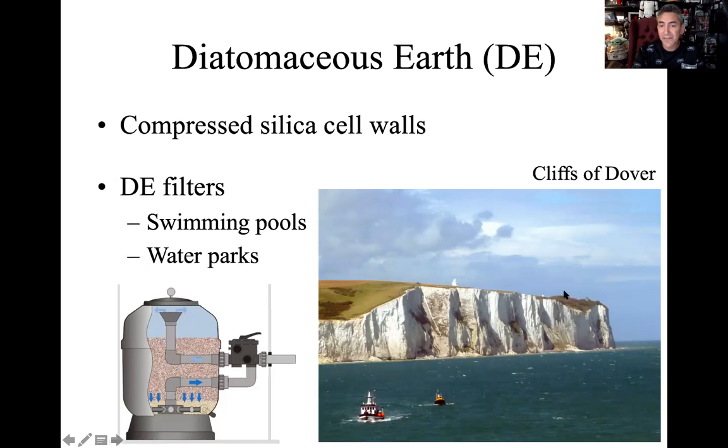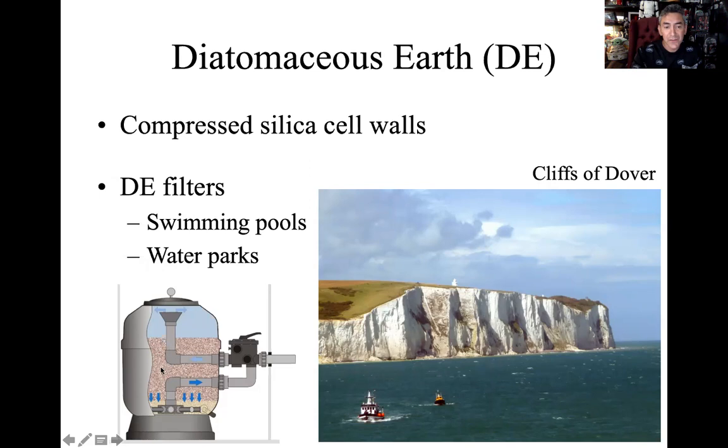Basically, we analyze this as a famous landmark in England, the Cliffs of Dover. It looks like white rock, but that is not rock. It's basically Diatomaceous Earth. This, at some point, was at the bottom of the ocean, and because of tectonic movement, it was pushed up. So what was once the bottom of the ocean, which is comprised of glass, now is exposed. And this diatomaceous earth can be harvested and utilized as filters. So we can use it for filtration of water,